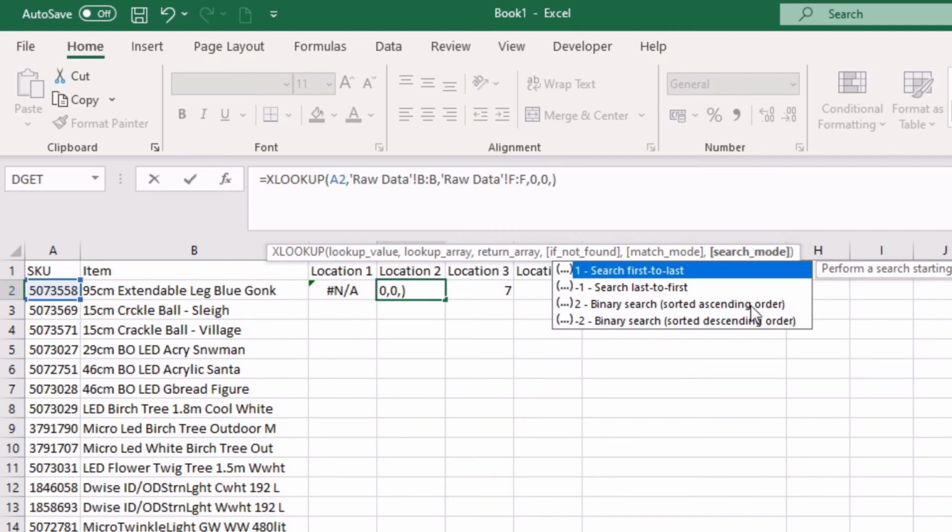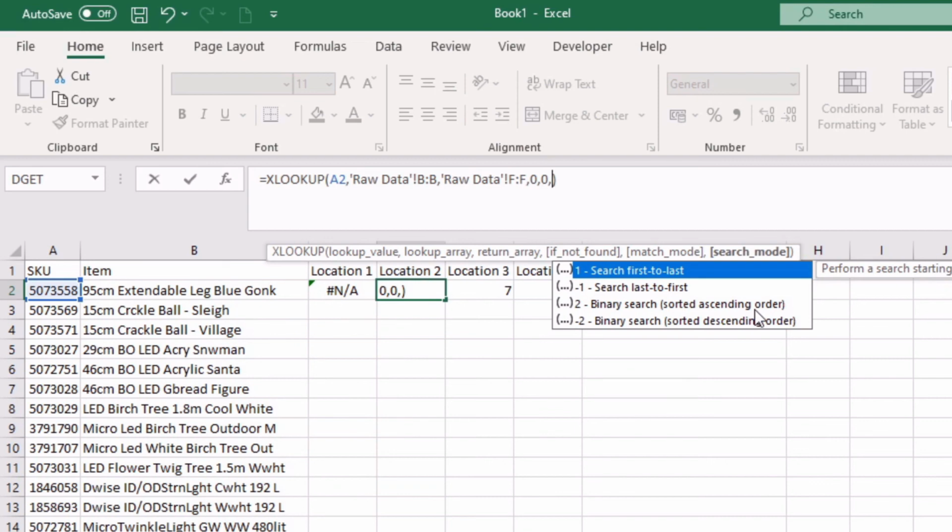Then there's also the ability to search in a binary way. So you can search ascending order in a binary or a descending order in binary search. So if you're talking about numerical values, then ultimately you might think actually a binary way is a really good way of doing it. If you're thinking about trying to match on dates, then sorting it by date order and basically doing a binary search that way, then actually your one function has basically solved out any potential issues of returning the wrong